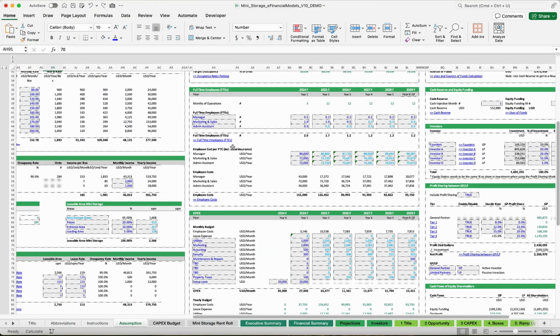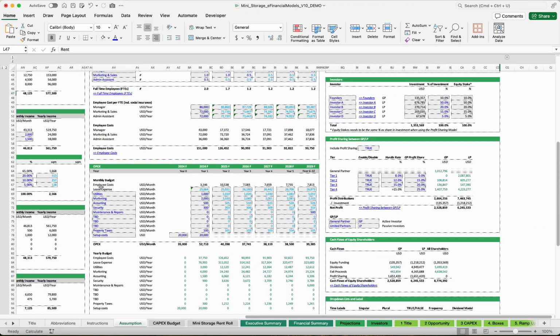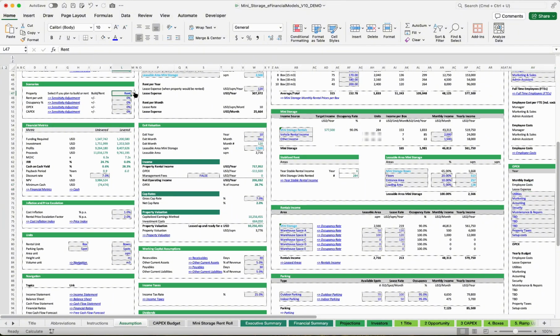These costs can be in the form of employee costs. So here we need to estimate the number of full-time equivalents. This is needed to operate the rental and the administration of the building. There are salary levels that will give us the forecasted employee costs. If we would lease the building, if I would put lease instead of build, we would also have lease expenses here, but in our scenario we're going to build, so this is not the